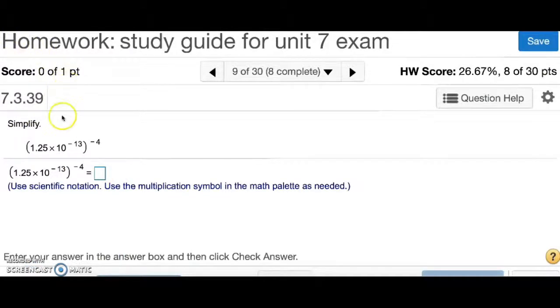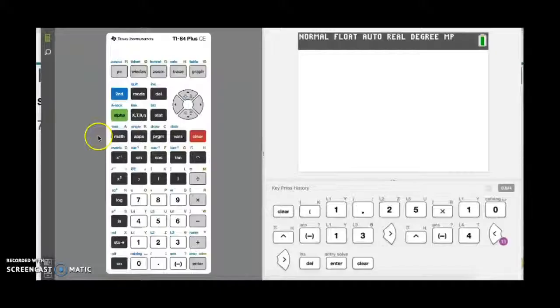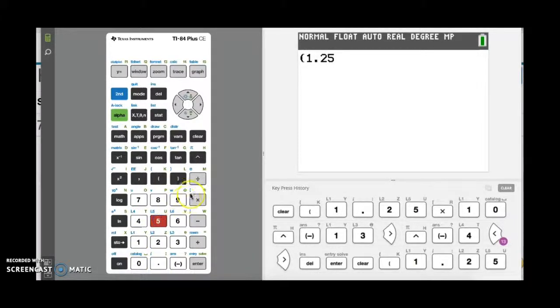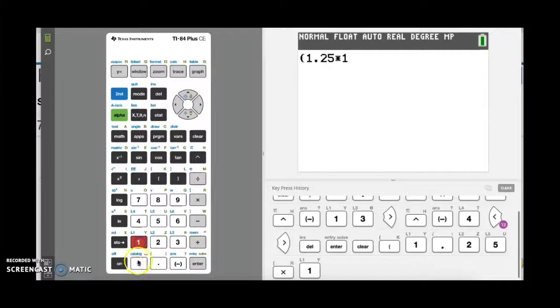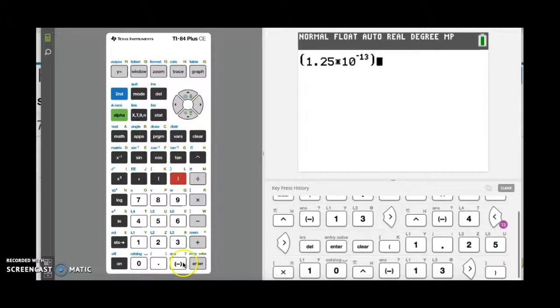Number 9, it says to simplify and to use scientific notation. So let's take a closer look at that. Okay, so I'm going to type in our expression. We have, put it in parentheses, 1.25 times 10 to the negative 13 power. And all of that is being raised to the negative 4 power,